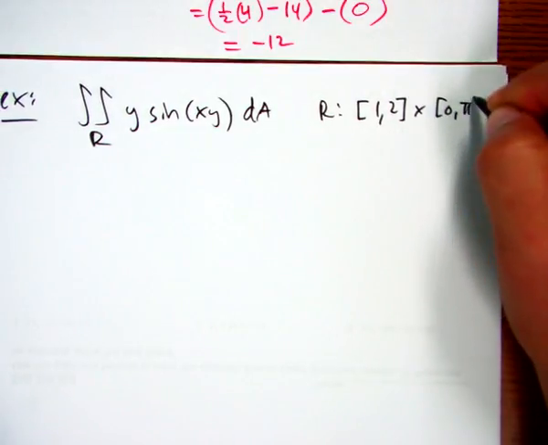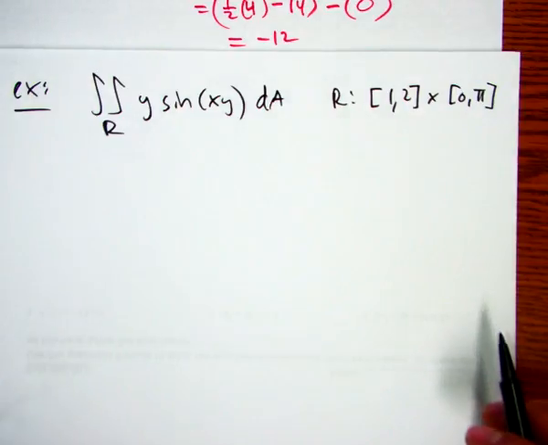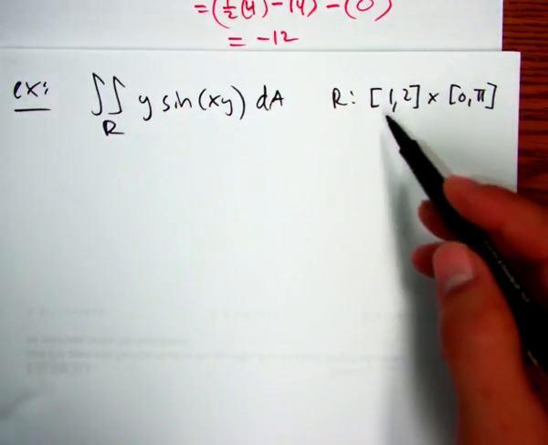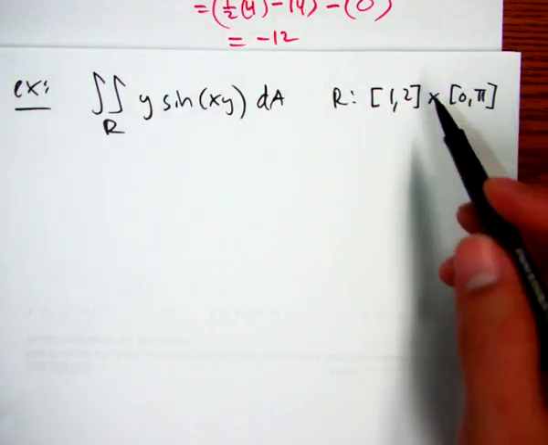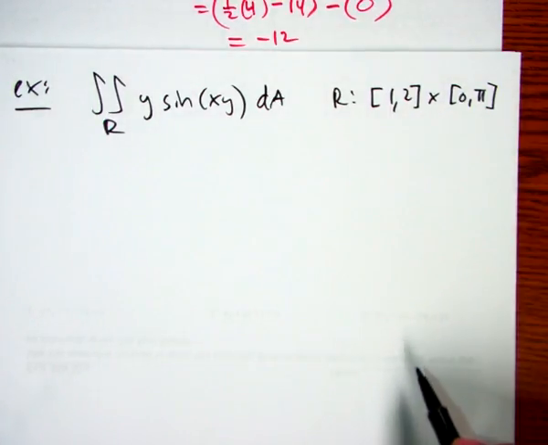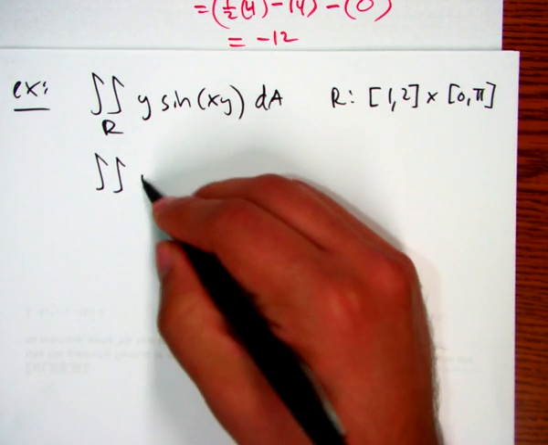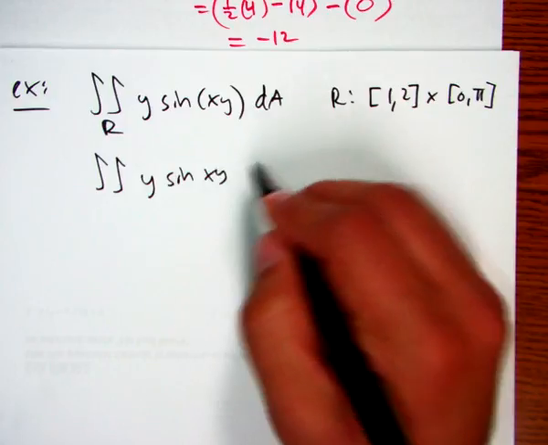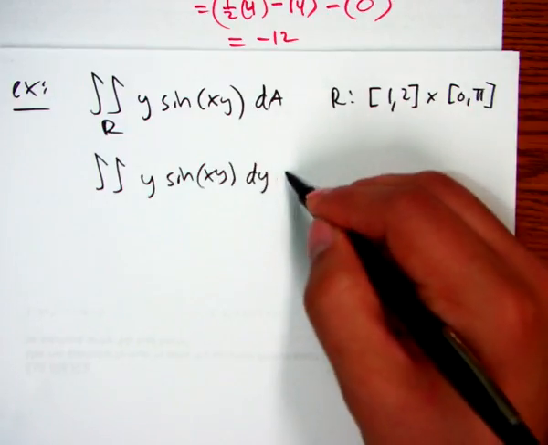Let's say we have the double integral of y times sine of xy dA. Our region R is 1 to 2 by 0 to pi. Okay, so let's say I go dy first again. So if I go dy first,